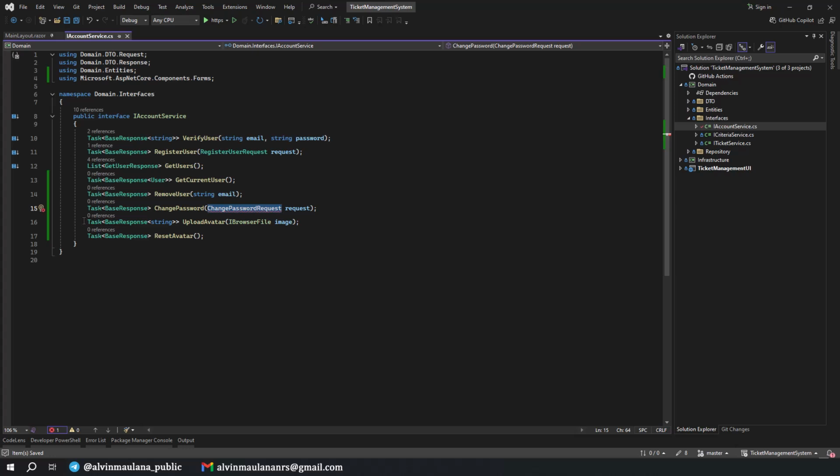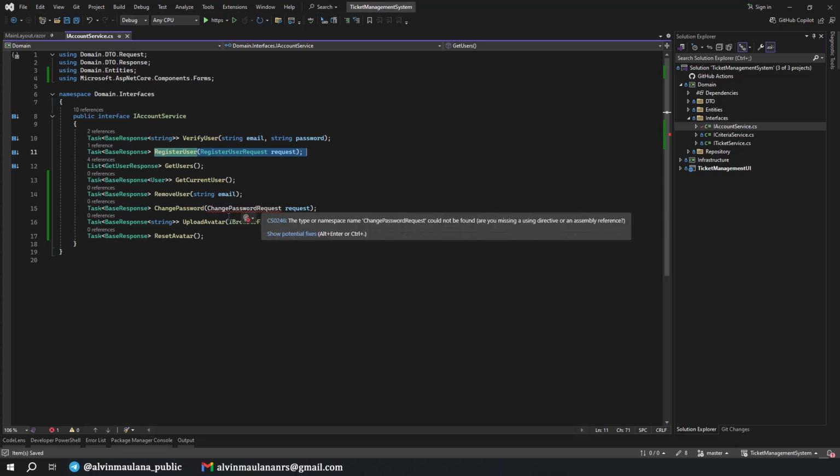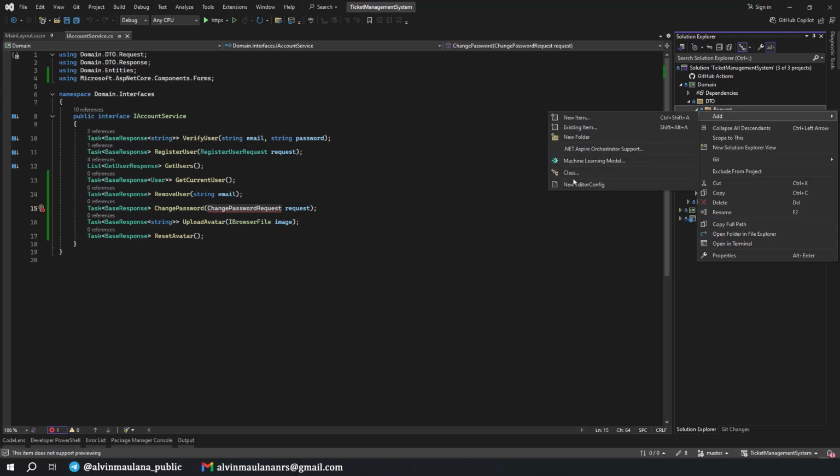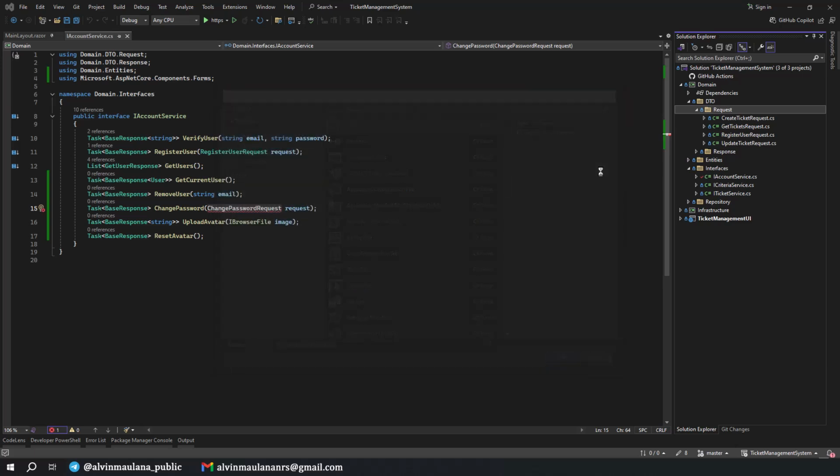And then we will also have a feature to upload our avatar. Currently we're still using the default avatar, if you remember. And then we also have a reset avatar feature here. It's basically a simple feature to delete our current avatar and just change it to our default avatar. There are modifications needed in our previous functions like register user, get user. Okay, but maybe we talk about it after this. But first we need to have our change password request. Just a new class. Okay, change password request.